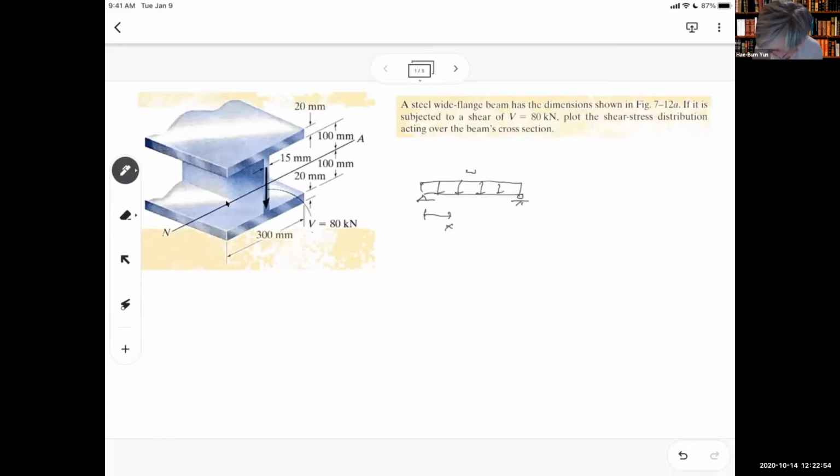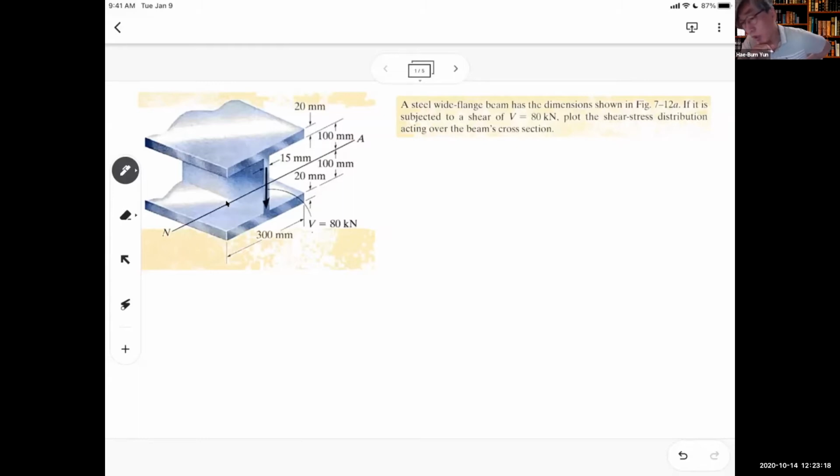So there are different ways to ask. And it says plot the shear stress distribution acting over the beam cross section. We haven't solved this problem yet,